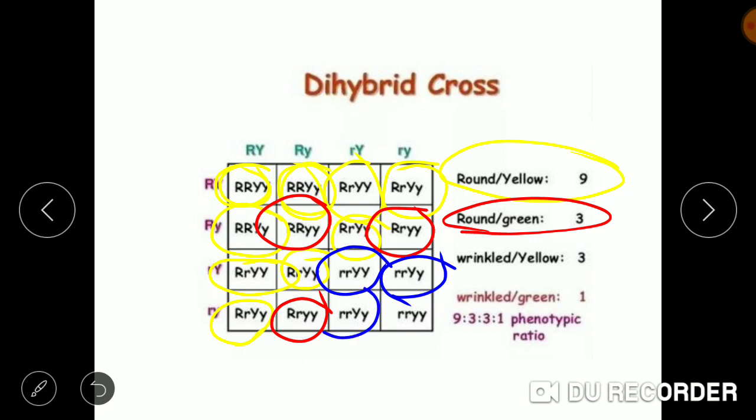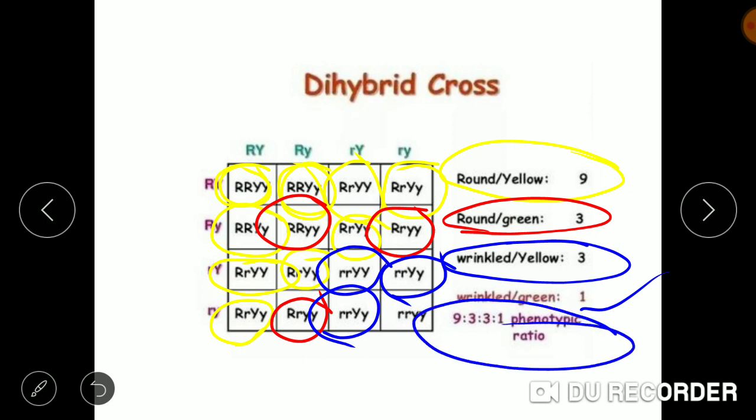Small r and capital Y. That means wrinkled and yellow. How many wrinkled and yellow? 3 wrinkled and yellow. At the end, we have been left with small r and small y. If you remember, small r and small y, small r for wrinkled and small y for green. So, how many wrinkled and green? 1 wrinkled and green. At the end, we have obtained the phenotypic ratio, which is